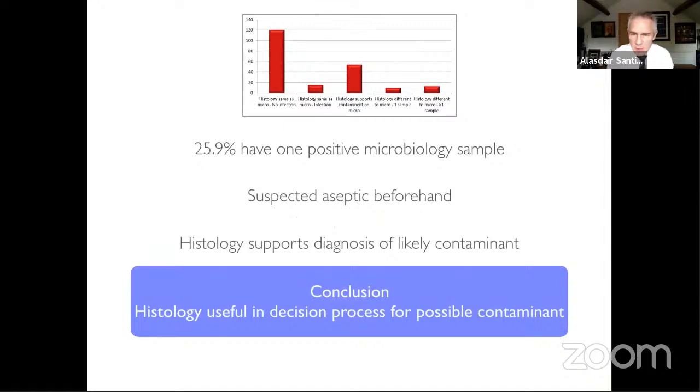25% had a positive microbiology sample. We thought it was aseptic. And then you ask the question: is it a contaminant? Having negative histology on 5 histology samples doesn't prove it, but it gives you a bit more confidence that you're probably talking about a contaminant. And this is working in collaboration with microbiologists and histologists who deal with joint infection. I think that's very important, and that's certainly what we've pushed for here in Cheshire and Mersey.